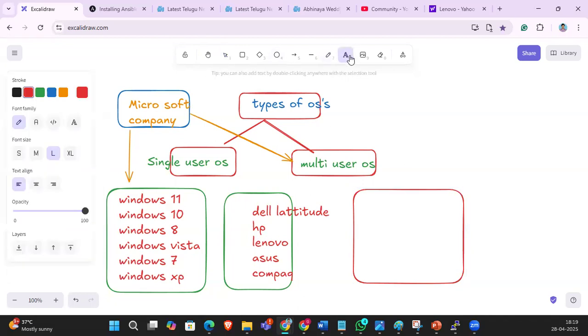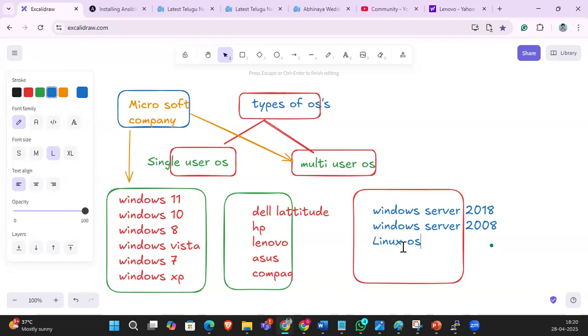So for example, I'm assuming Windows Server 2018, Windows Server 2000, 2008, and Linux OS.